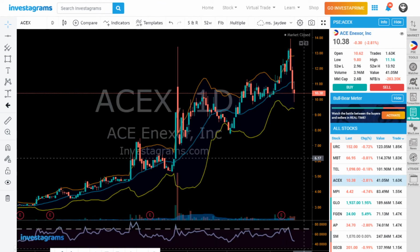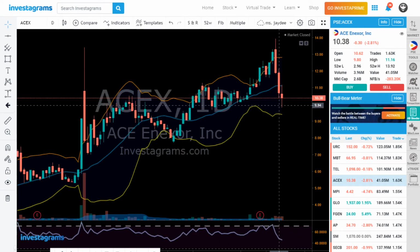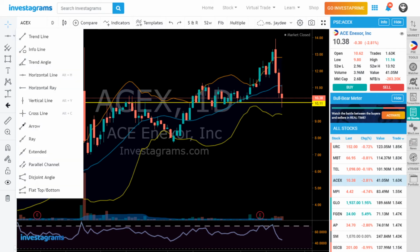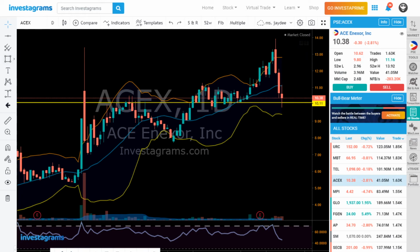ACEX. I don't feel good about this. Let's see, because it rejected when it reached this level, we had that bounce and ended at a much higher price. So hopefully it creates a support at that level. So I'm thinking if it will, chances are you will experience just very minimal movement in the coming days before it continues to go up. Something like this before it goes up over there. Okay,